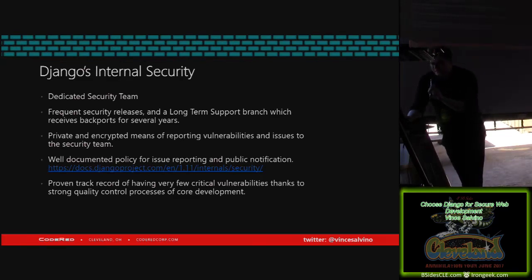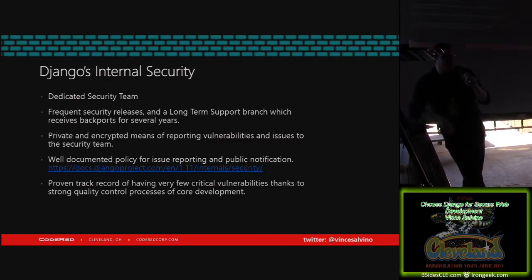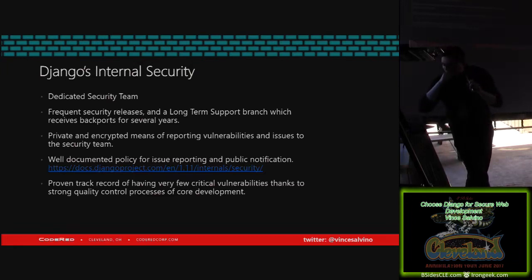I think there might be like 20 more people or so on it. So it's not just one guy either. It's a very robust project. They frequently do security releases. Following the Python convention, there's 3 levels. The first, then the dot, and then the dot for security updates that are continually going. They also have a long-term support branch that they usually will support for a couple years, and it gets all the security backports from the other branches.